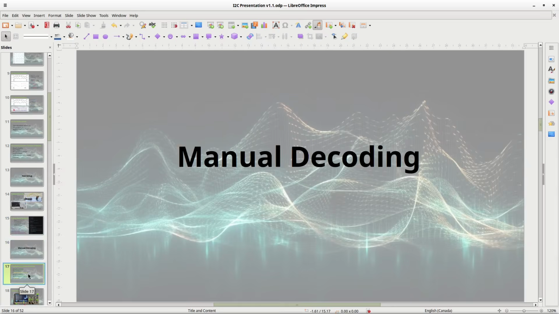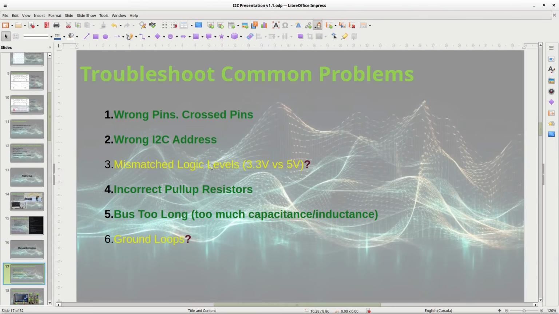So now let's talk about manual decoding. This is going to basically show you if you got the wrong pins or cross pins, you're using the wrong I2C address, you've got incorrect pull-up resistors, because you'll see the rising edge will be all gnarly. Or if your bus is too long and you've got too much capacitance, you'll see that.